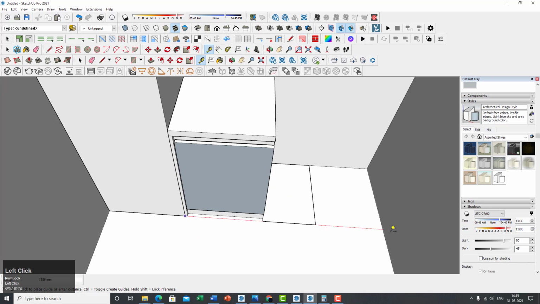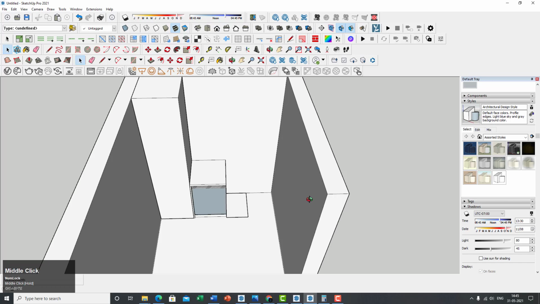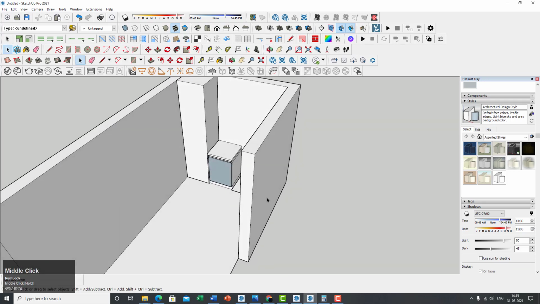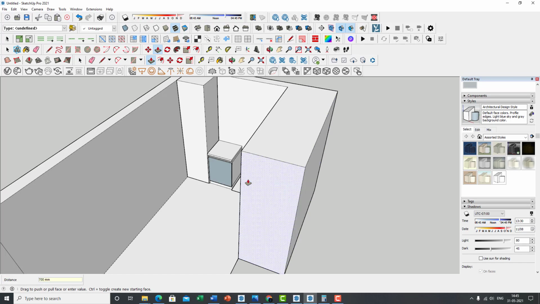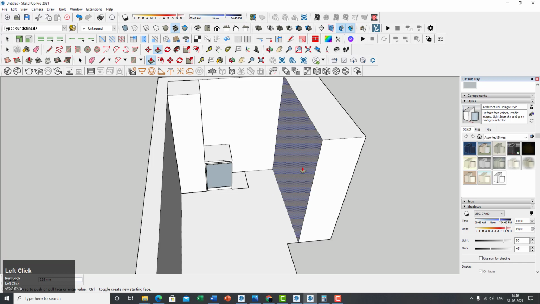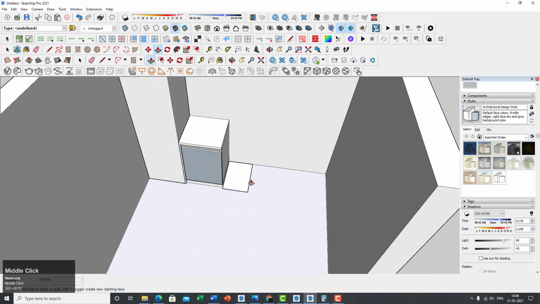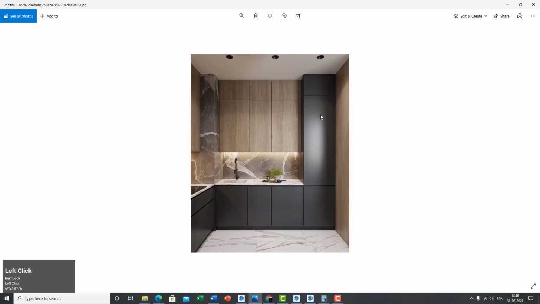So from the column till here it's 1500, and we need 2200, so we basically need to shift the entire wall by 700 mil, if I'm not wrong. Yeah, 500, 600, yeah, 700 mil. In order to fix the mistake, it's quite easy actually. You click on P and you extrude this by 700, and then again you click on this and extrude this by 700. There you go. You've got the exact measurement where you're going to have your model, your kitchen,